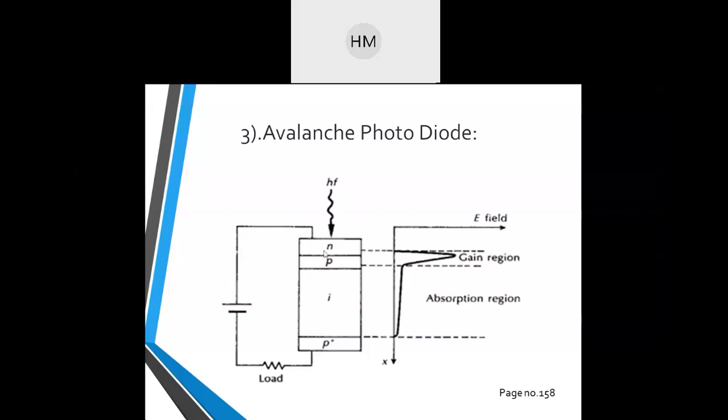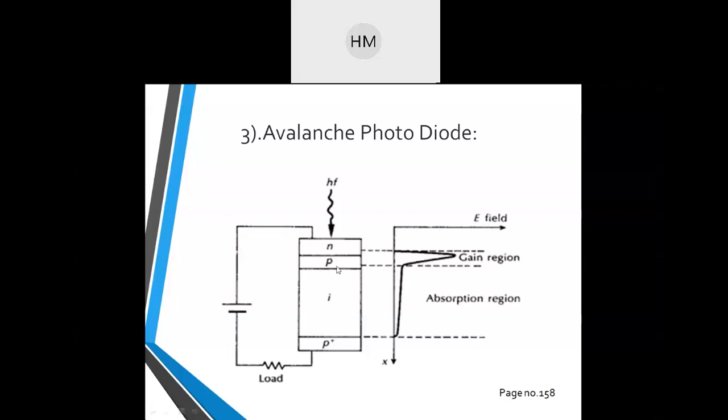Bias increases until a voltage is reached that is needed to cause avalanche breakdown. At this point, what will happen? The layer just reaches the nearly intrinsic pi region. This depletion region is widening, widening, widening, so it will reach through this pi region or I region. ठीक है, intrinsic region में भी depletion region पूरा increase हो जाएगा. तो this whole region will be the depletion region now. ठीक है? So RAPD, that means reach through avalanche photodiode, is operated in fully depleted mode.